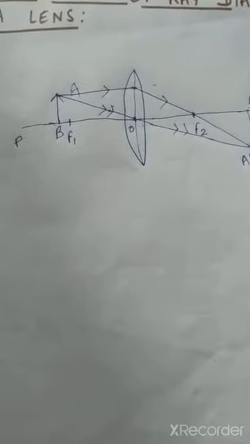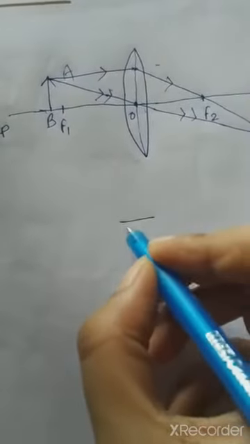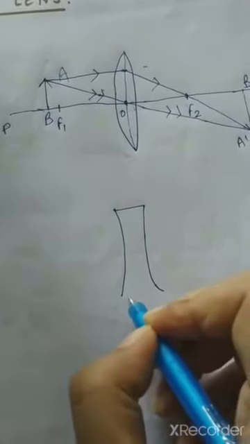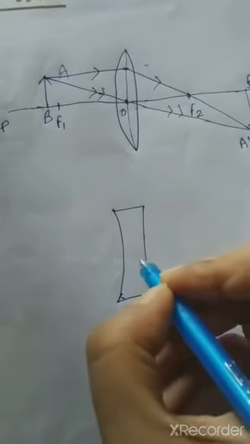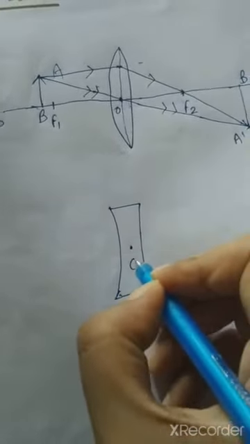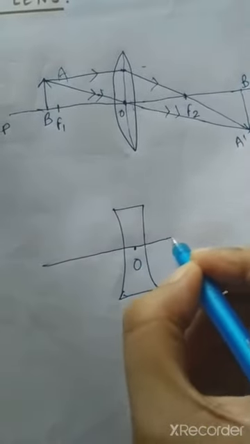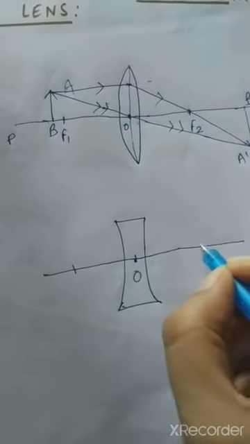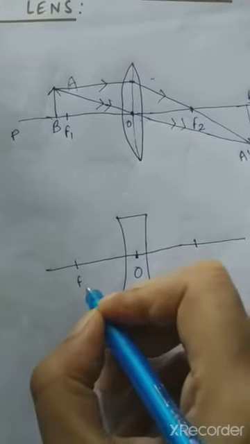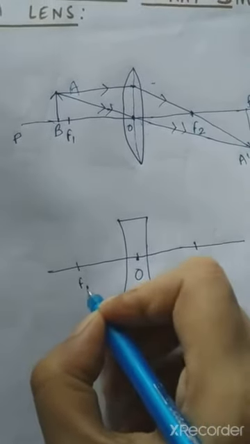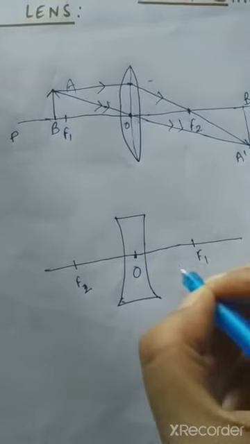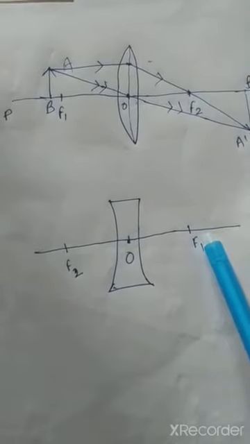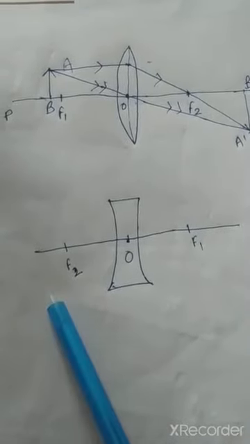And the same is the case for a concave lens also. So in case of a concave lens, first you draw a lens, mark its middle point as optical center, draw a principal axis, then mark 2 points as F1 and F2. See that it will look equal from O. The distance of O means F. This will be F1. Now just keep in mind, for a concave lens F1 will be on this side. Don't make that mistake. F1 will be on this side and F2 will be on this side.